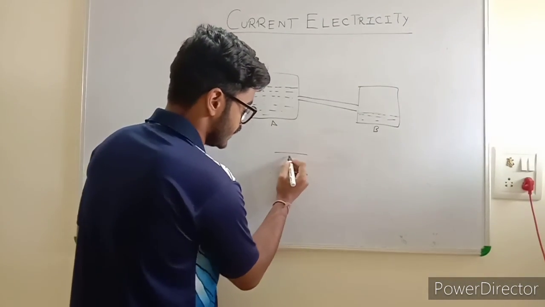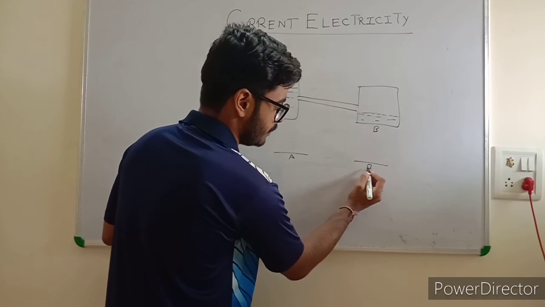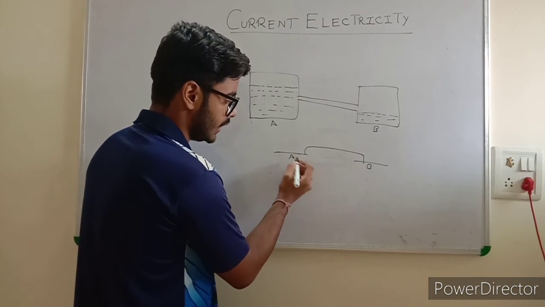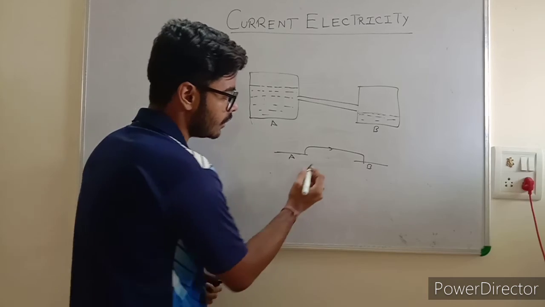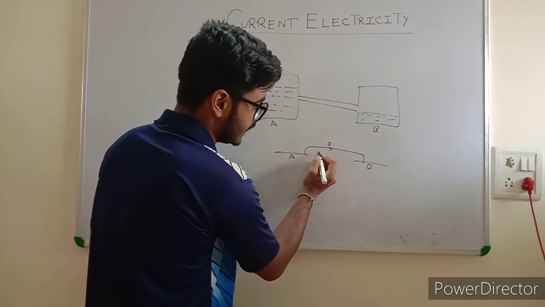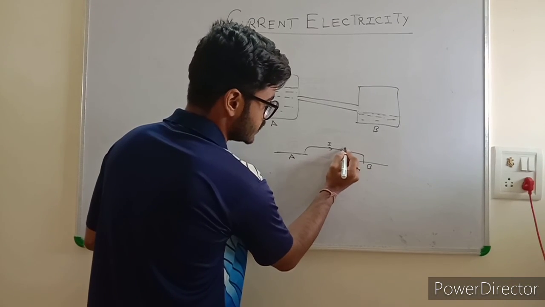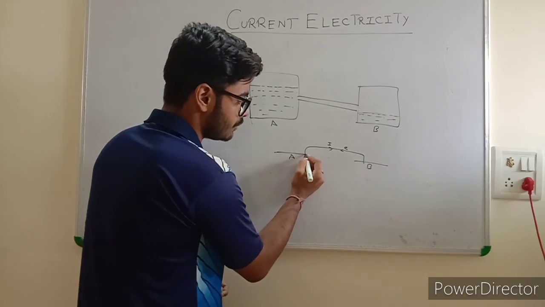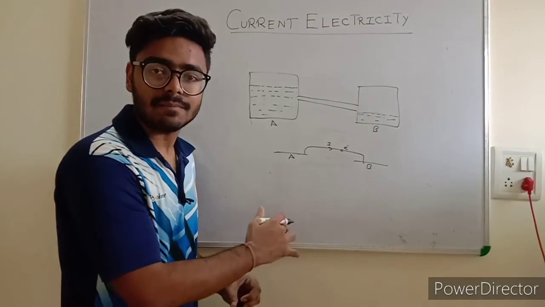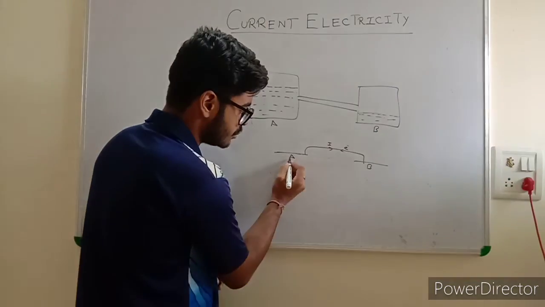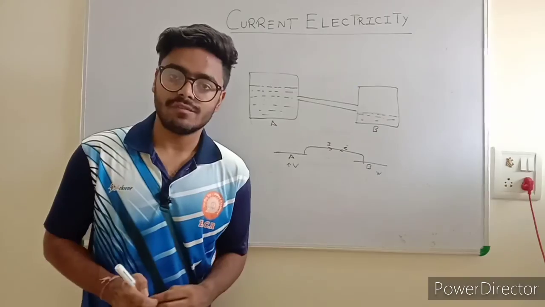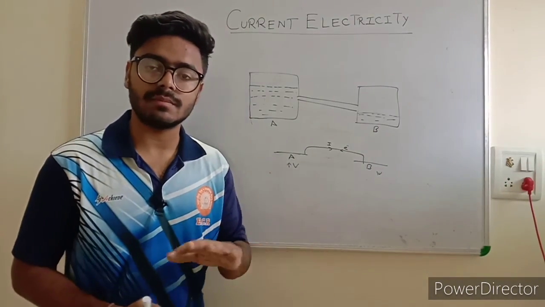If this is the plate A and this is the plate B, and we have connected them with this wire, if we want the current to flow from A to B, then the electrons must be flowing in the opposite direction, means B to A. So positive charge is moving from the point A to B. Electrons are negative. Positive charge moves from the higher potential to the lower potential. Means A should have the higher potential and B must have the lower potential. Then only the current will flow. Means the difference of the potential should be maintained to flow the current.